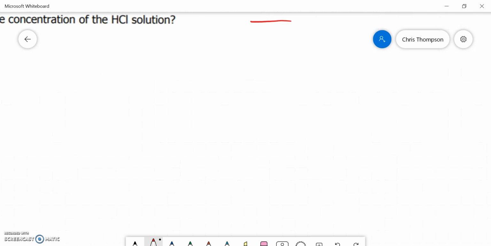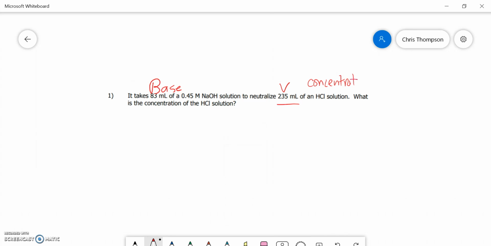That is unknown. So what is the concentration of the hydrochloric acid solution? For these kinds of problems, you want to utilize a useful equation that the molarity of a substance, capital M, times its volume will give us the number of moles